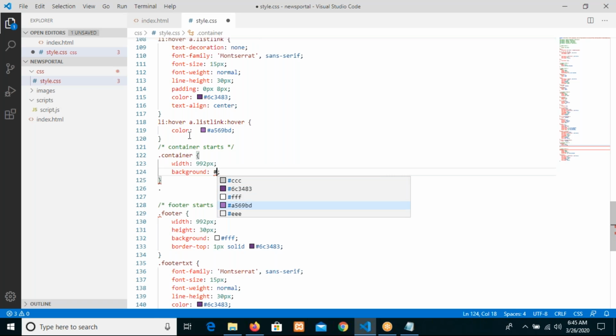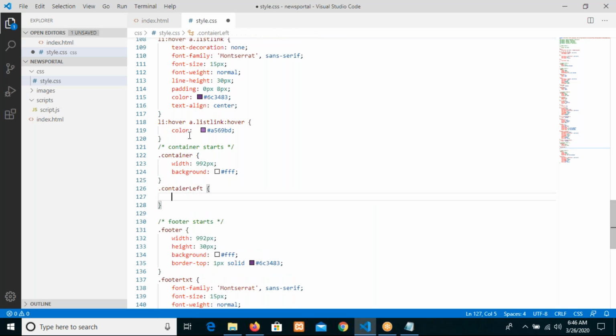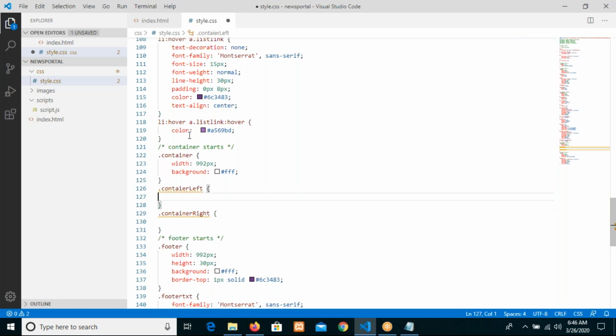Timing, let it be white color background only, and then container left and container right. Actually,